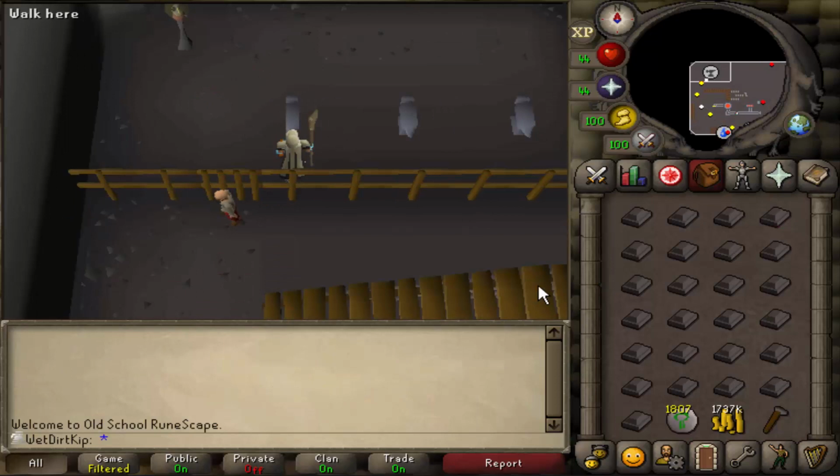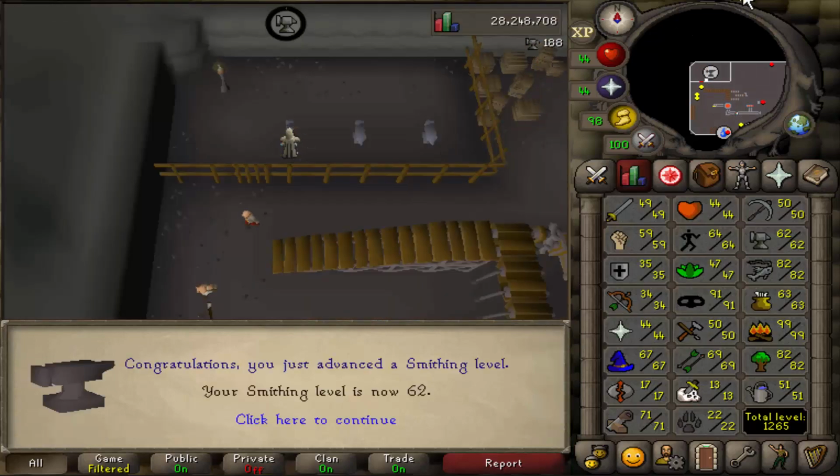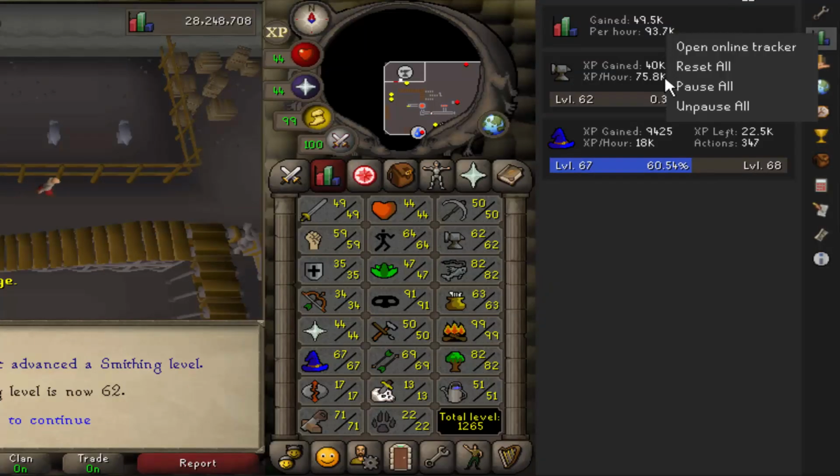If you only put coal in there and no other types of ore, and you hop worlds, all the coal disappears. So if you're going to be hopping worlds, you always want to put something else in with the coal, or else this happens. All right, 62 smithing,